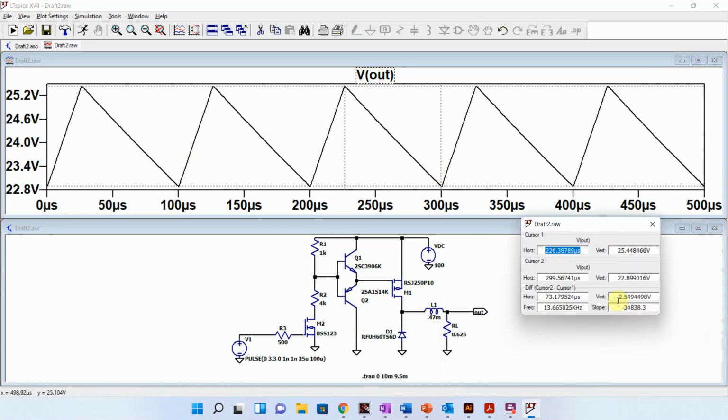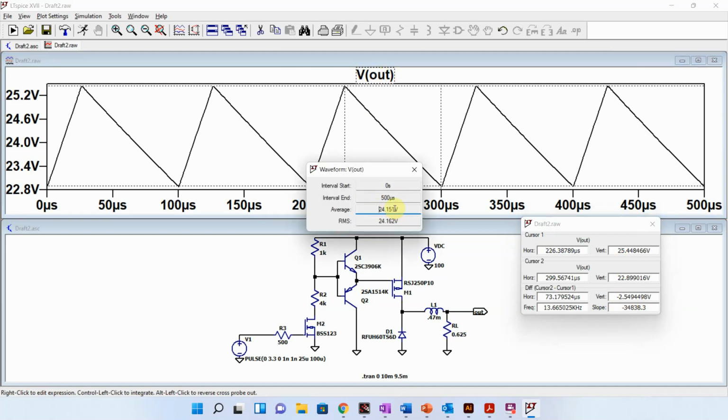So you see we have a ripple of 2.55. We could adjust that just a little bit if we wanted to get it to exactly 2.5. And if I look at my average voltage, I'm at